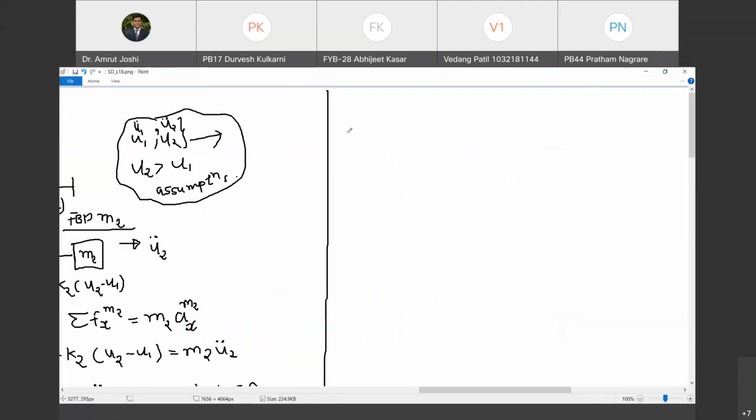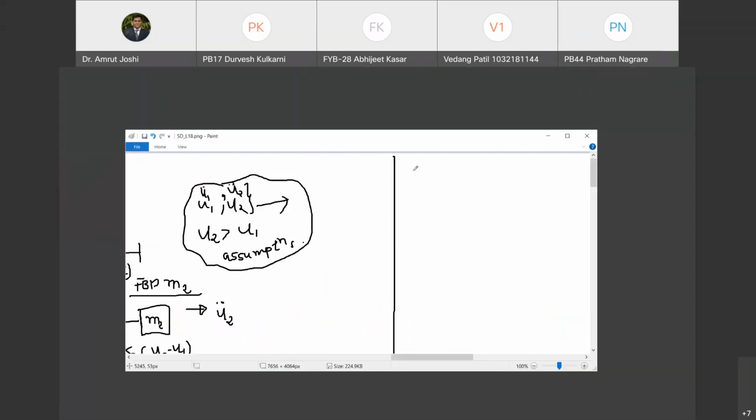So let me now define the system. Let me take a few numbers, and mind you, these are hypothetical numbers. They have no meaning, which means these are not practical numbers. Just to show you the procedure of solution, I am taking these numbers. Are you with me? Still, let us give it a little practical angle. What value can I take for m1?